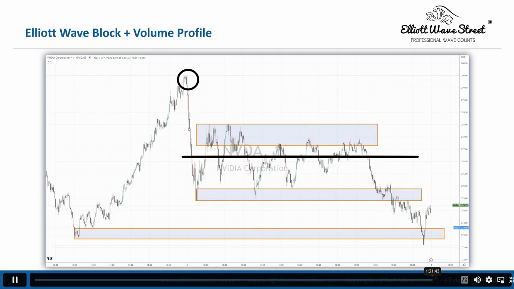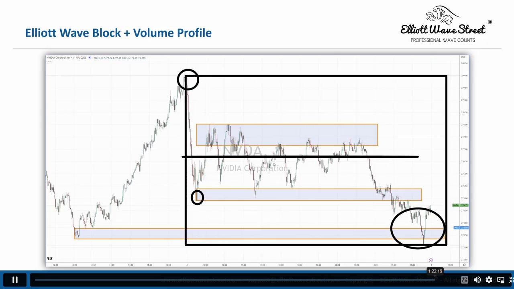Right? This is unfair. Unfair for who? Unfair for buyers, fair for sellers. It is far from the point of control. Right? Under the point of control is fair for buyers, unfair for sellers. Same here. So you are only thinking you're not going to sell here. You're not going to sell below the point of control. You're only going to buy. That's it. It's the auction process, using the profile tool or the profile understanding of the auction process